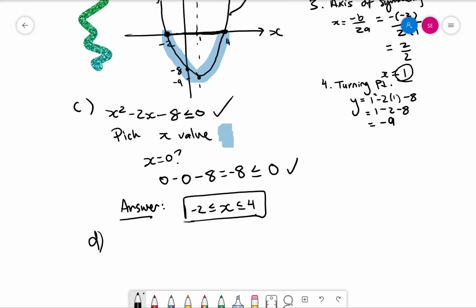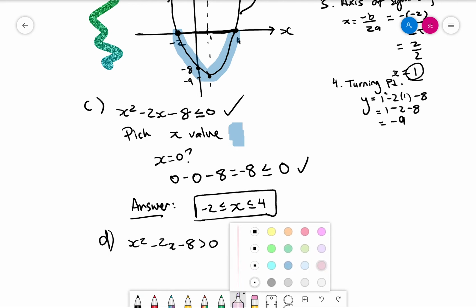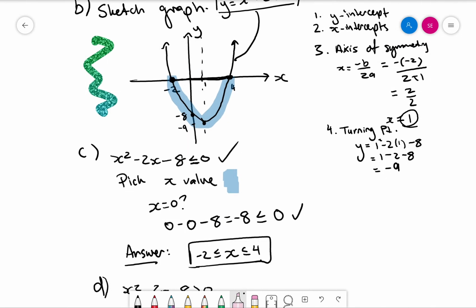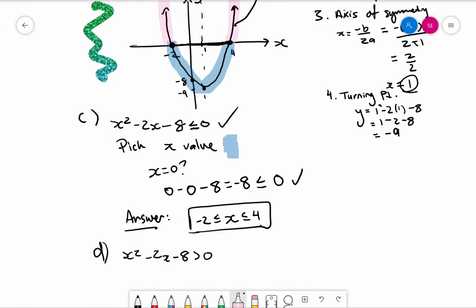Alright, let's try part D now. So part D is, oh, what's going on here? Yep, x squared minus 2x minus 8 is greater than 0. So again, we just find the values that are above the x-axis. And again, you can chuck in some of the values just to see if you're right. So why don't we chuck in